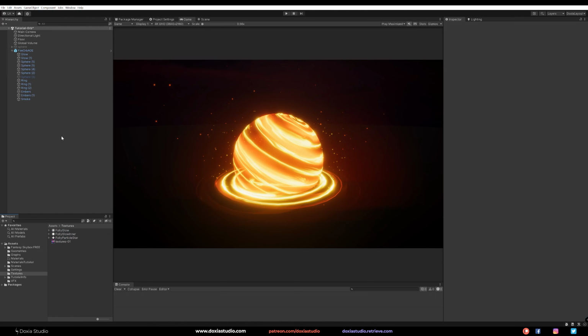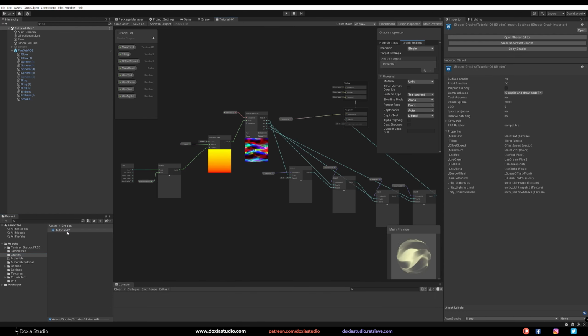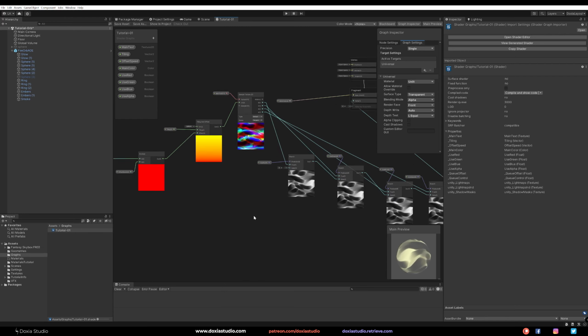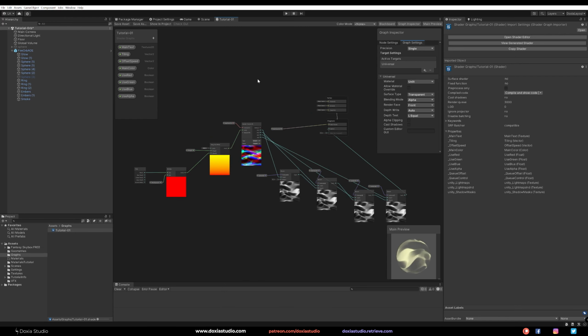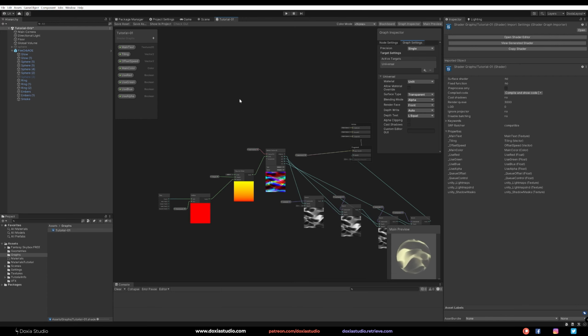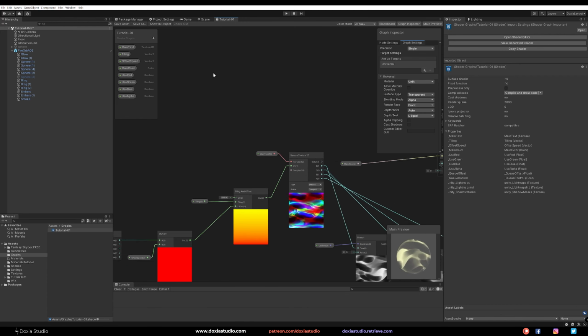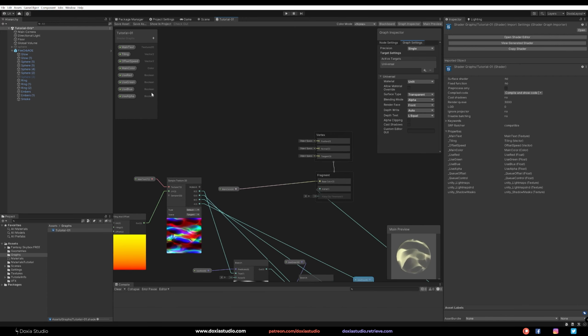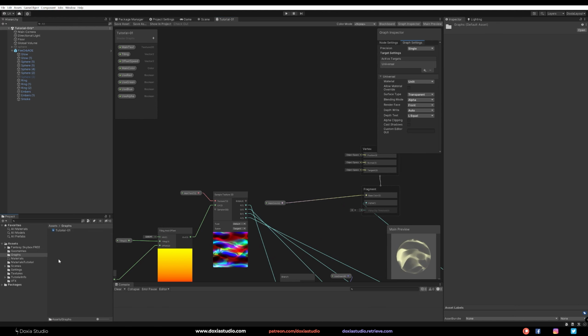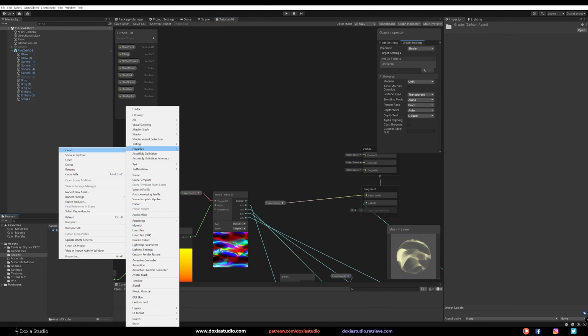Okay, so for the shader graph, I'm going to try to keep this tutorial really simple. So we are going to follow what I did on this shader graph. Let me pan, okay, it's Alt left click, it's different in texture. So what I did here is just right click, create a shader graph, URP, I'm using